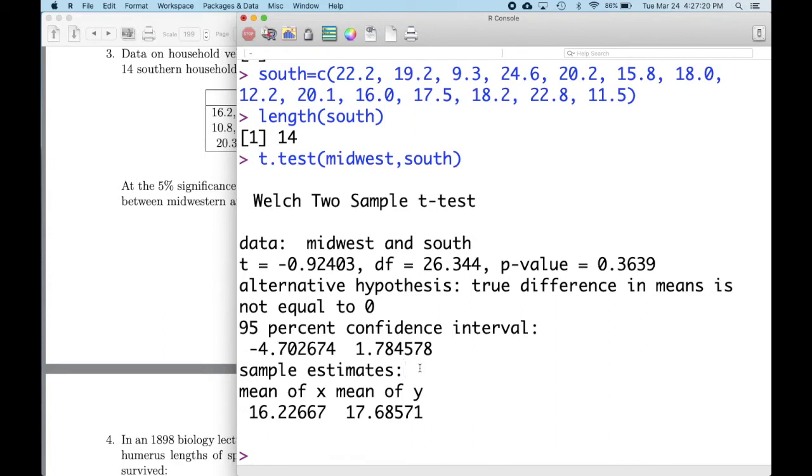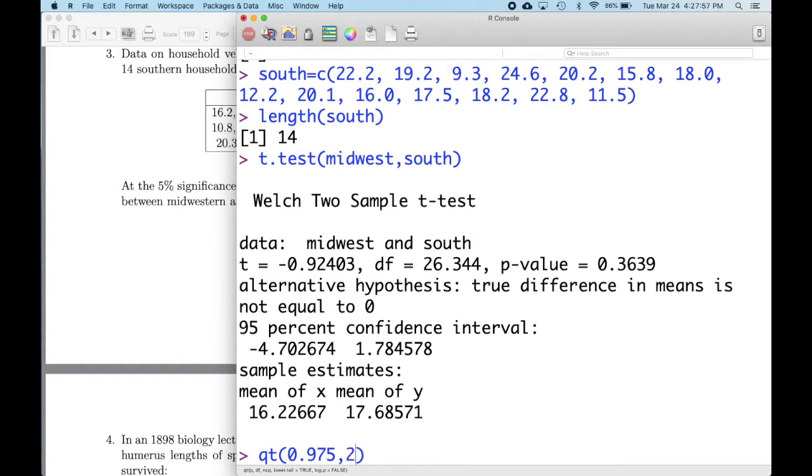T.test. We took our two data sets, Midwest and South, and it gave us everything that we wanted. Okay, this is the one where we computed our test statistic to be negative 9.240, and then our cutoff values, our critical values. If we're talking about a 5% significance level, we have to take the 0.05 and cut it in half, so that's 0.025. And then I just like to do the positive one,